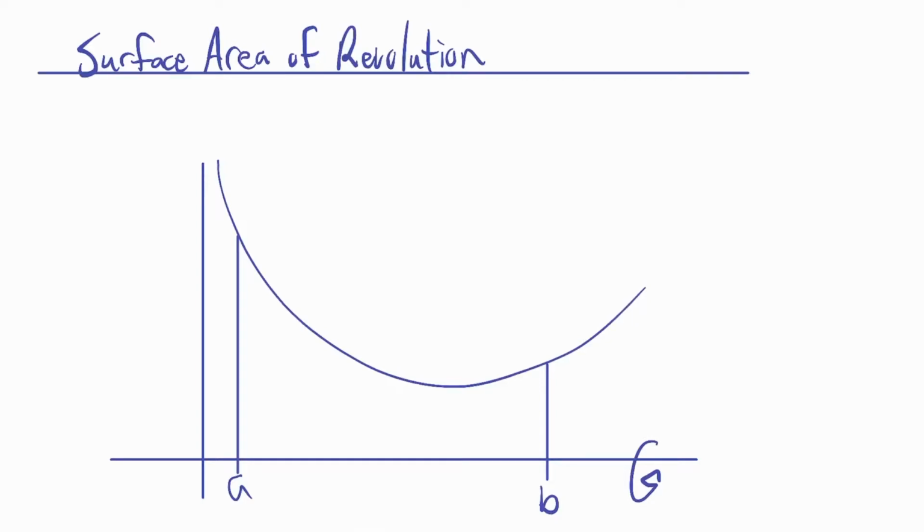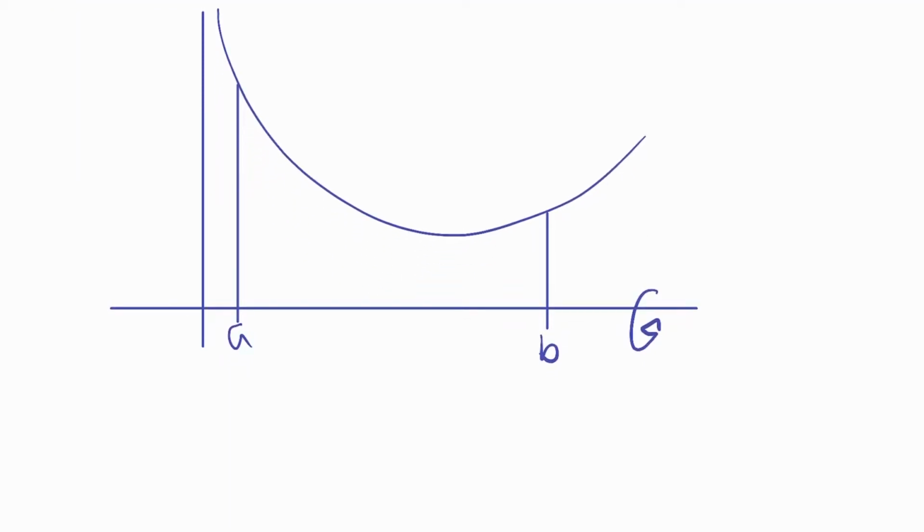So now we can talk about surface area of revolution. So what if I took this region, right, and I revolved the graph around the x-axis, and I get something like,